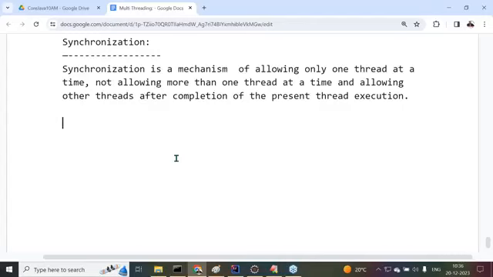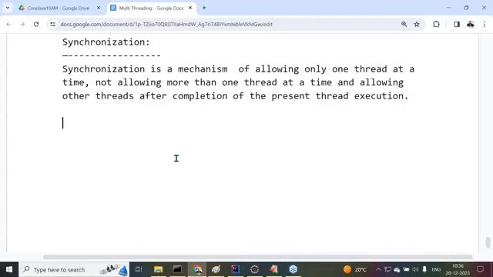But synchronization is implemented on the top of the locking mechanisms. On the top of what mechanism? Locking mechanisms. What is this locking mechanism? There's a question now: how is this locking mechanism implemented? Before that, I'm telling one more point. Listen carefully. Inside the synchronization, how many threads are executing our code at a time?